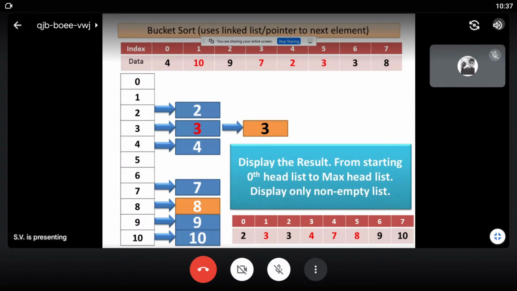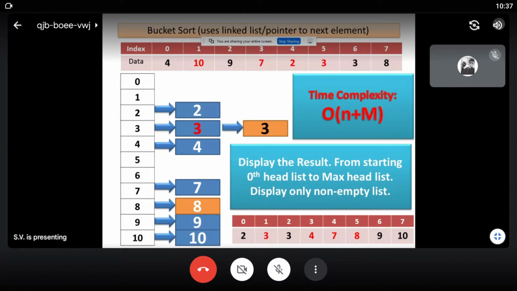Now let us see what the complexity is. The time complexity is n plus m, where n is the number of elements and m is the maximum in the list. So it is based on the maximum number in the list. Naturally you get the upper bound of the list and the lower bound is assumed to be 0.